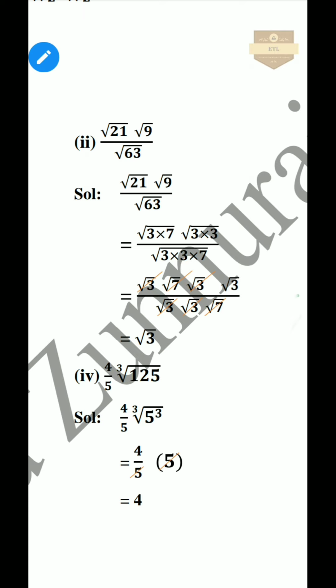So we have to make the prime factors of these numbers. 7 can be written as under root 3 into 7, and 9 can be written as 3 multiplied by 3, and 63 can be written as 3 multiplied by 3 multiplied by 7. Now separating the under root, we have under root 3 into under root 7 into under root 3 into under root 3 divided by under root 3 into under root 3 into under root 7. Now this under root 3 will be cancelled with under root 3, under root 7 will be cancelled with under root 7, and we have under root 3 which is our